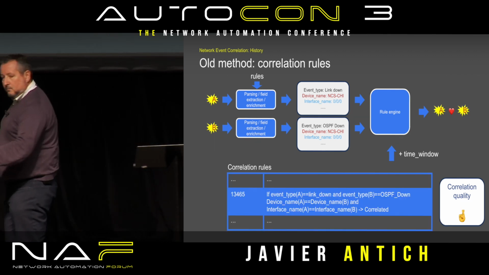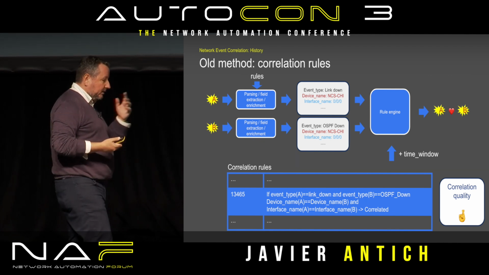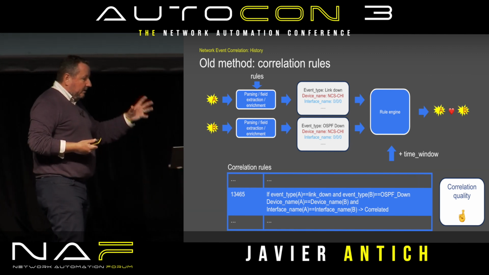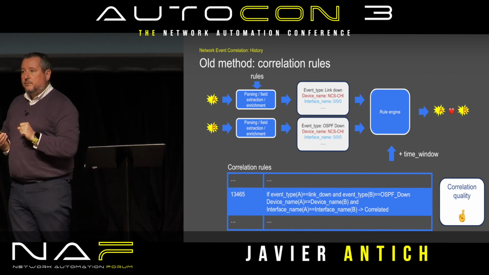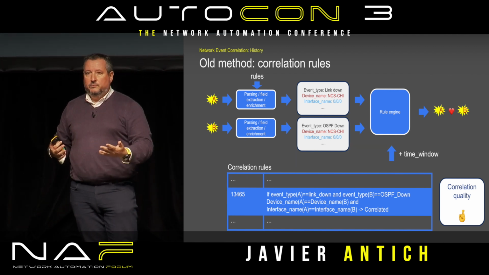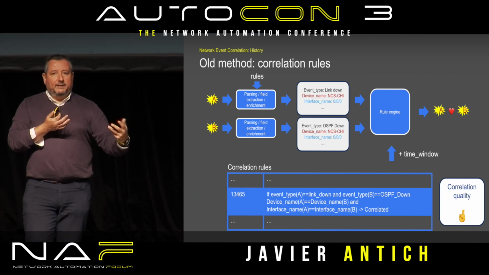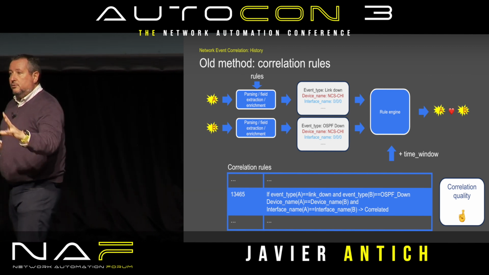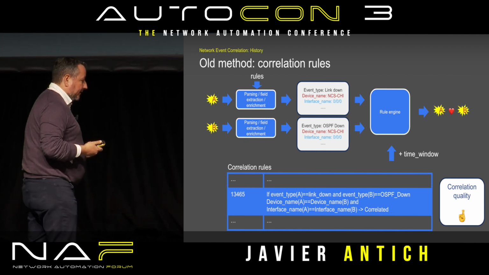Because of that, we came up with another method, which has been widely used across many years and products, which is the method based on rules. Again, we have these 2 events coming in, we parse them, we put them into some structure, and then we have a rule engine that is fed by a bunch of rules that someone has to create and maintain. And those are if-this-then-that rules. If these 2 events happen and they match in this field and this other field and this other field, then they are correlated. So based on the rules, and possibly the time as well, the 2 events are connected and are happily correlated together.